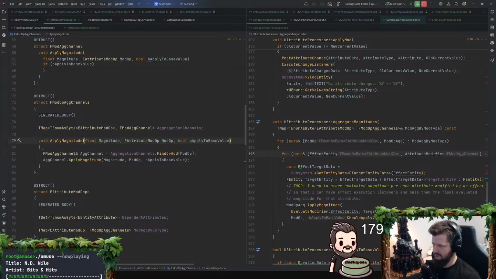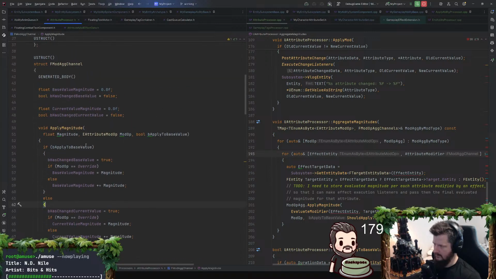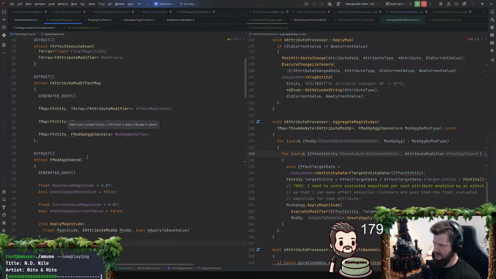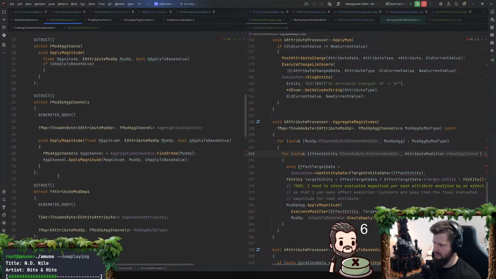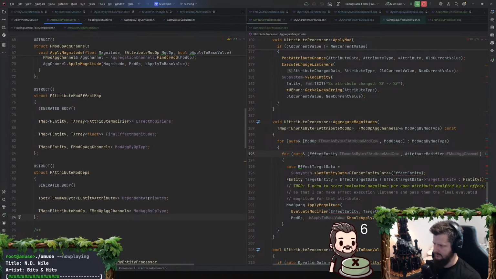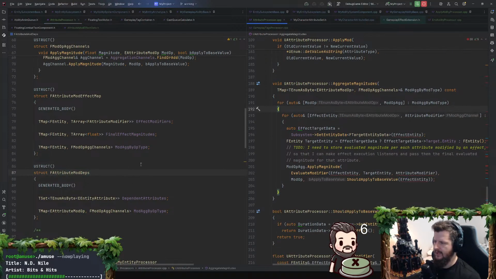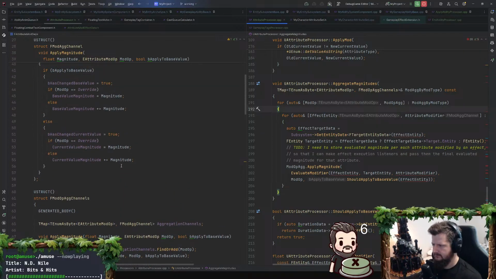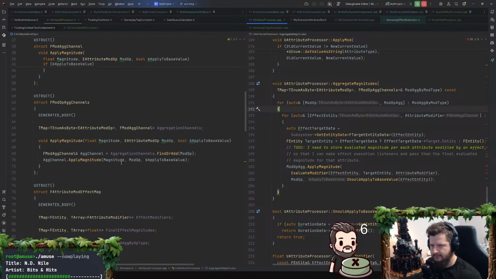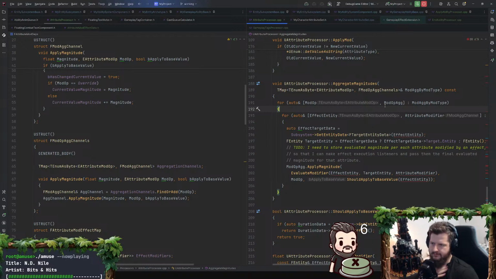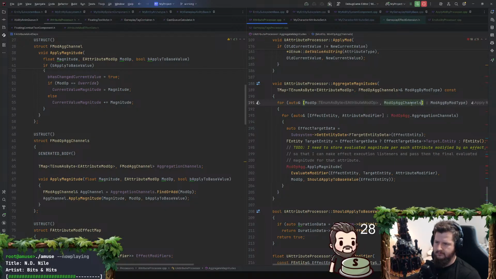Okay. Mod op if it's over, yeah. Okay, that I think is good. Now let's put you below. You stop complaining. Now this one, we can delete this one. Well, no, we're still using that actually at the moment. We need to change this guy now. So aggregate magnitudes. Now we're storing by like channels and shit now. Fmodop ag channels. This is ag channel. Modop ag channels dot aggregation channels.